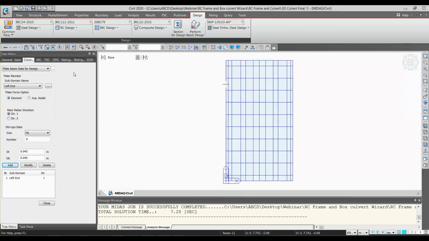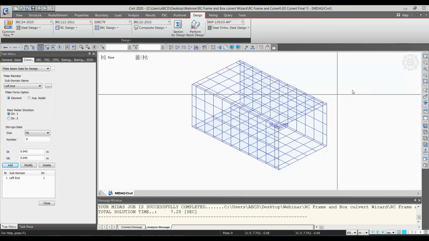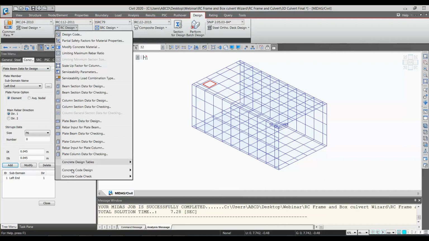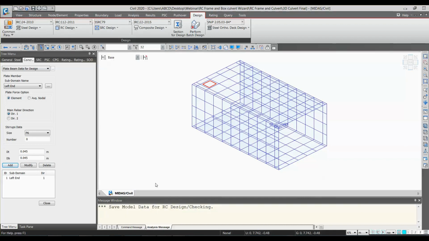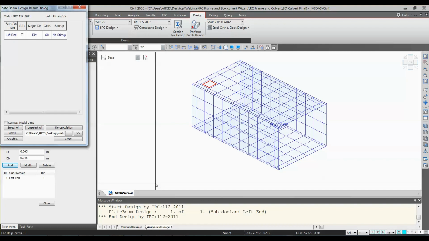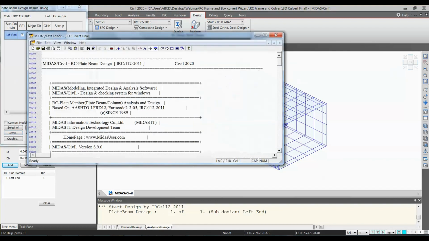Now let's check only one and go to RC design. If you do not select anything, it will design for all the elements present, and it will take time. That's why I am selecting it every time. So for now, to save time, I have just selected this.